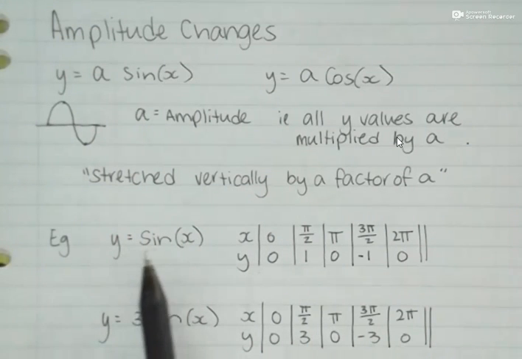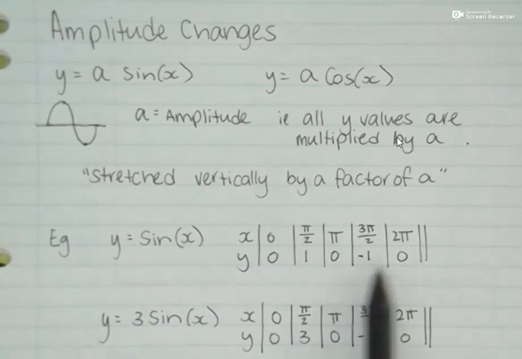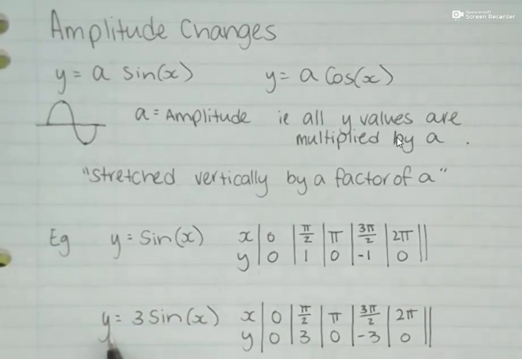So if we have a look at our general sine function and get our exact values that we had a look at graphing the other day. Now if I change my amplitude to 3, so I'm multiplying the whole function by 3, just means each of those values gets multiplied by 3. Okay, each of them gets multiplied to generate my second set. So if I was to sketch it